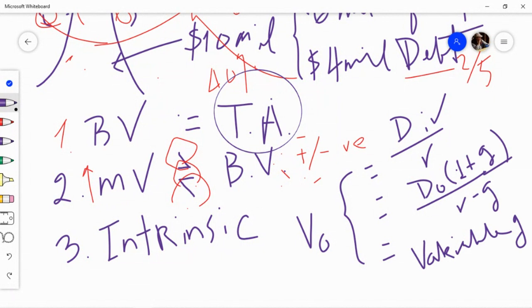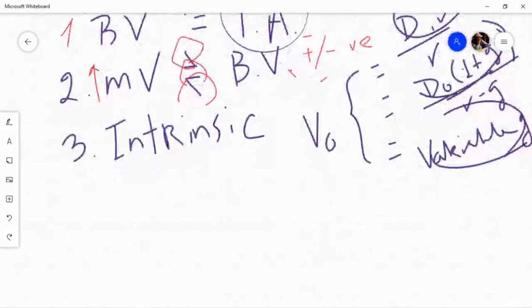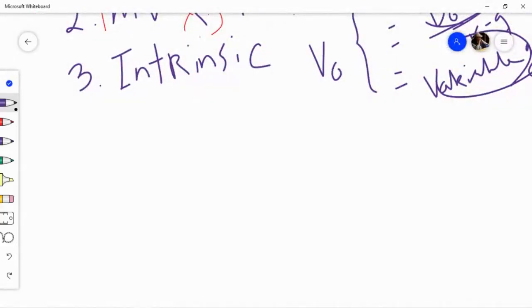And then think about it. What are they all based on? All future cash flow. Isn't that right? It's all based on the future cash flow. In other words, all intrinsic values are basically based on the future cash flows. And so the market value can be greater than or less than the intrinsic value, right? And if the market value is greater than the intrinsic value, that difference is basically the overvalued portion.